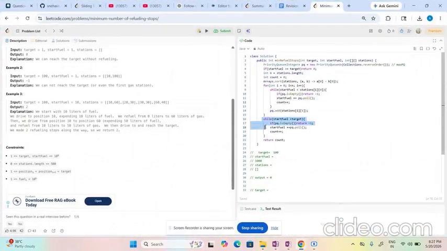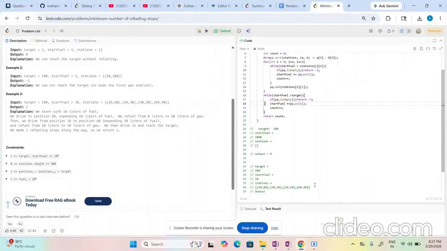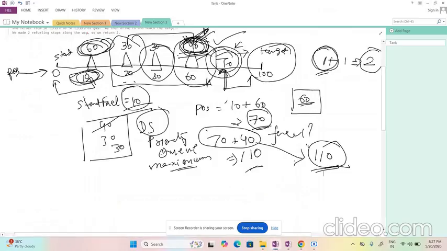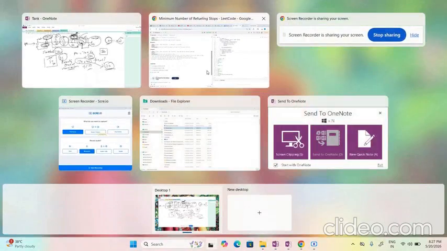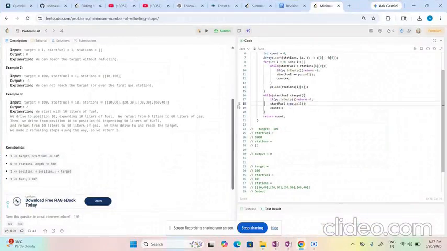All right, so we have done that. This case is also fine. So you have reached 70, and you have completely traversed the array, but still you have not reached the target which is 100. So what you will do is use the priority queue, because you have already passed through those stations. You are using the priority queue as a place where we store the fuels of the stations we have already traveled through till now. We are saving those, so we will be utilizing them.